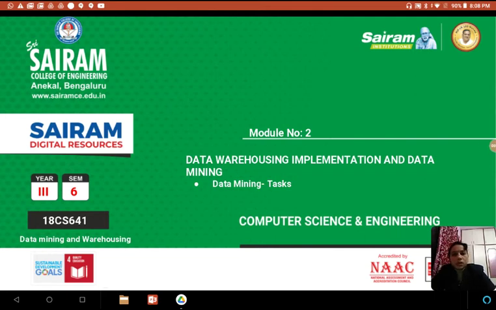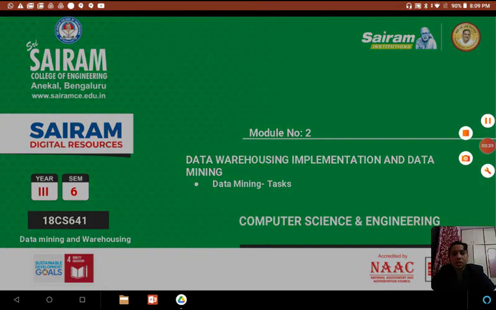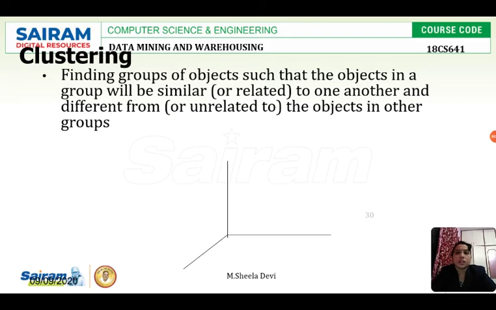Today I am going to continue with the data mining task. In the previous video I started with the data mining task and I also explained what classification and regression are. We had two categories: one is prediction modeling and the other is continuous modeling, in which we'll have continuous values. Now we'll see the other technique, that is cluster analysis, clustering.